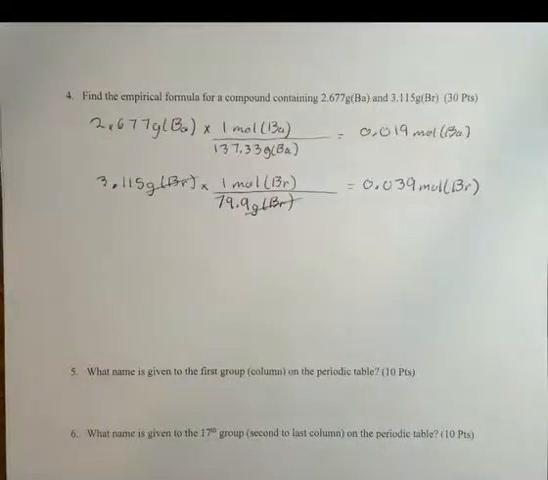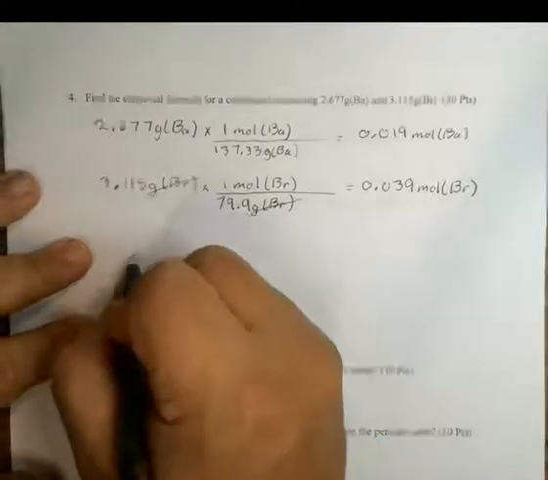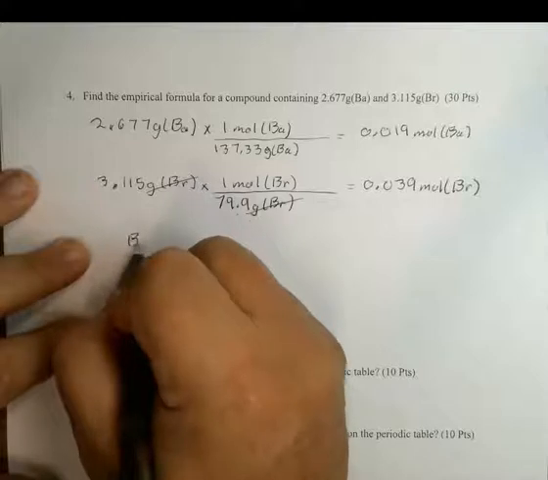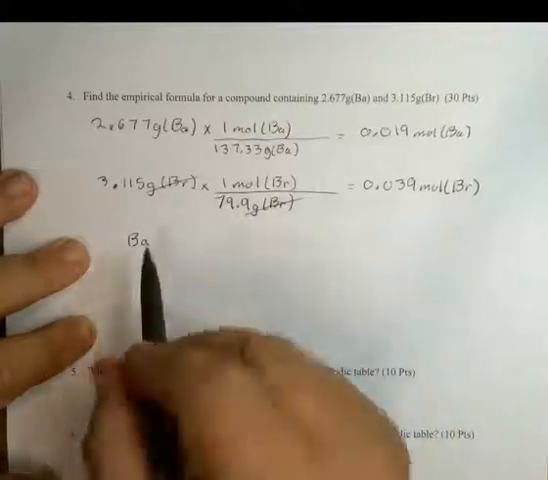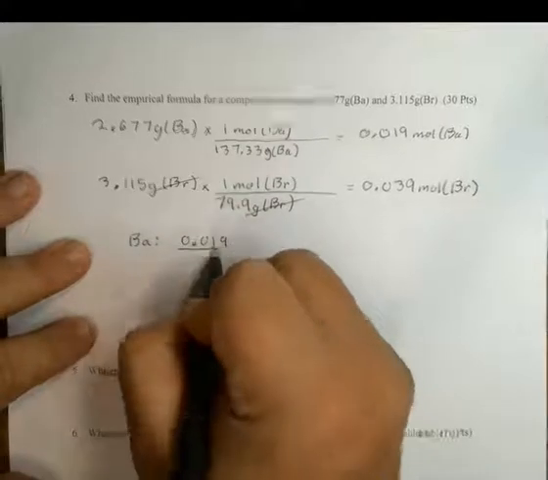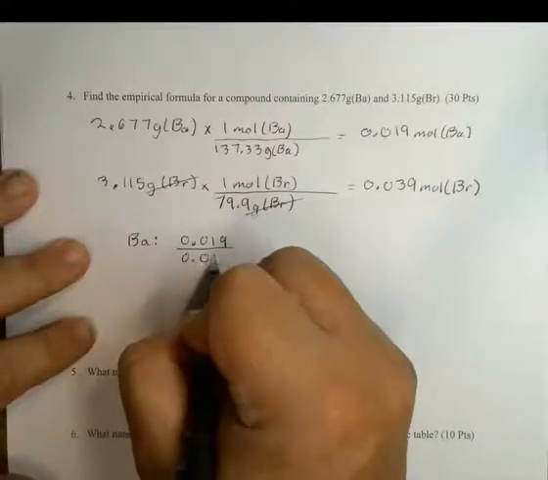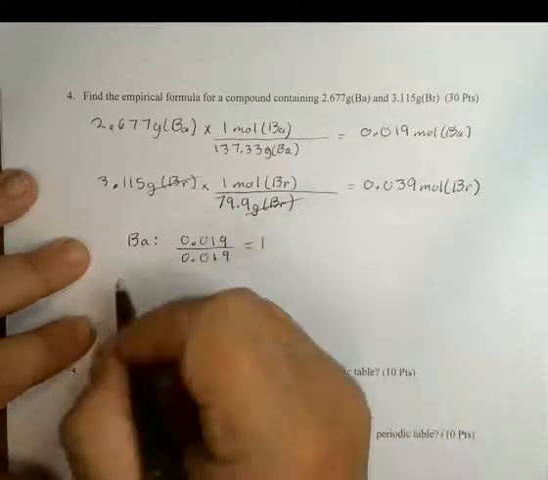Okay, so now what you do is you have the number of moles of each of those in that many grams. So now you create ratios. You're trying to find the ratio of whole numbers to put as subscripts for this compound. All right, so we start off with barium. The smaller of these two numbers is 0.019. So for barium, that's going to be 0.019 over itself. You always have one of them that's going to be the smallest number over itself. That equals 1. And for bromine,